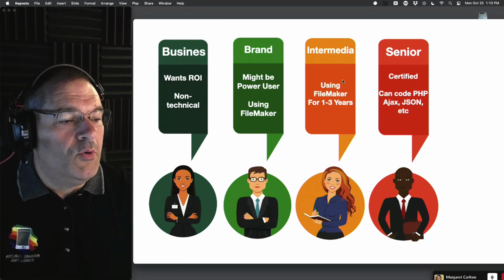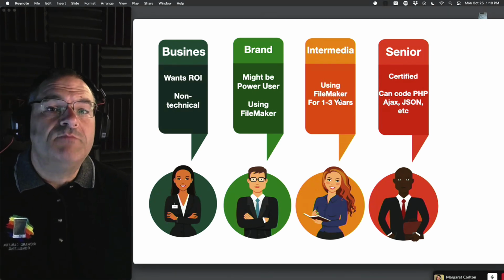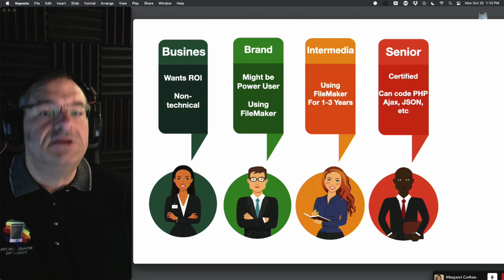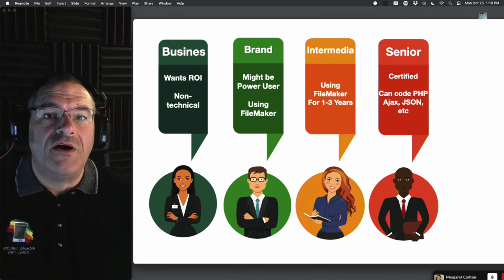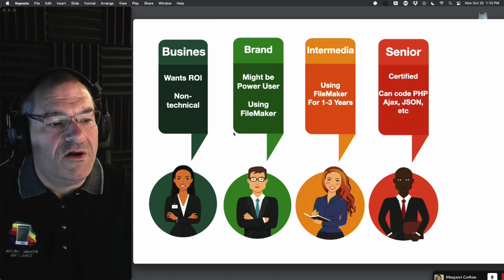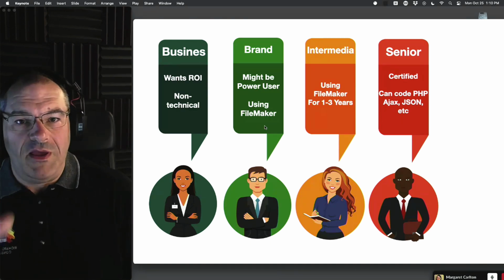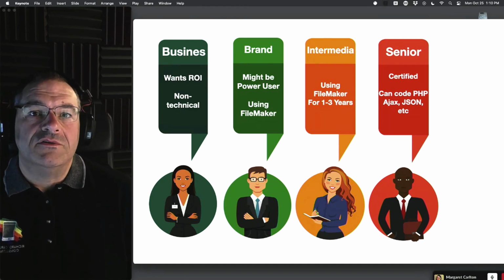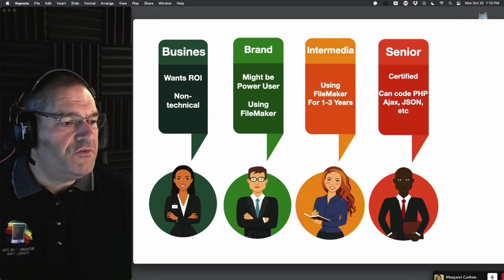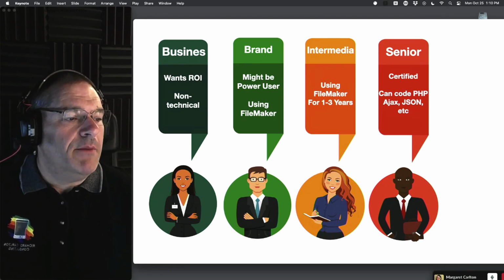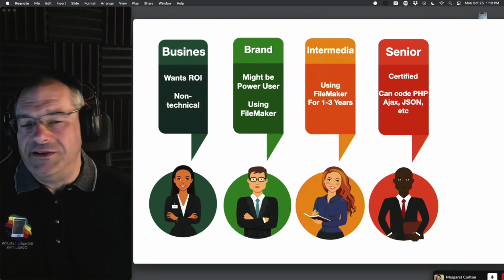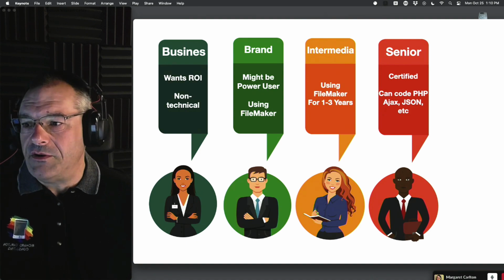These are also the people who are going to start buying the Monkey Bread plugin and paying attention to Hello Watson and paying attention to credit card processing and things like that. People over here at the brand new level just want FileMaker to basically work at a very basic level, right? Very, very important. And then at the senior level, of course, we have people who can do very, very deep programming. That's most of the people that are around here.